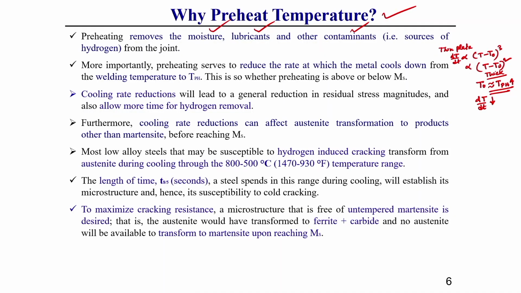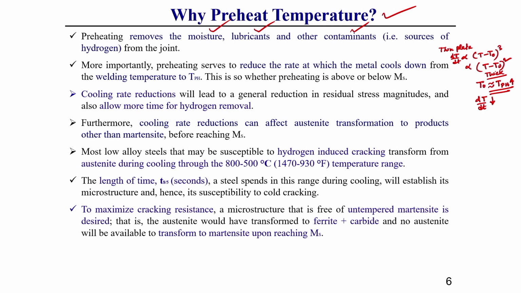Okay. So, once the cooling rate is decreased, whatever hydrogen is entrapped inside the weld zone or the surrounding of the weld zone, the heat affected zone, it takes more time to escape. Then the hydrogen related adverse effects can be avoided by increasing the preheating temperature. That is why here I have written